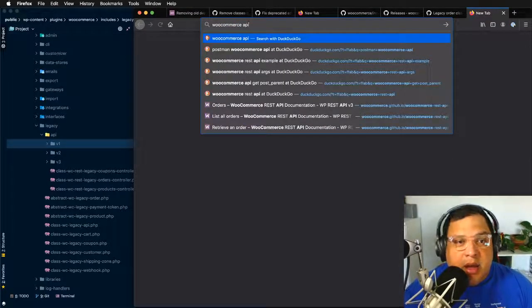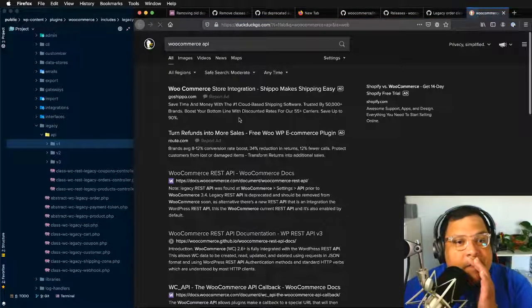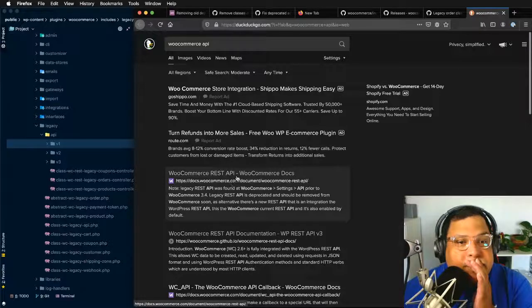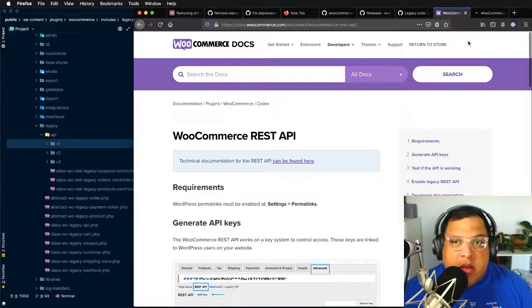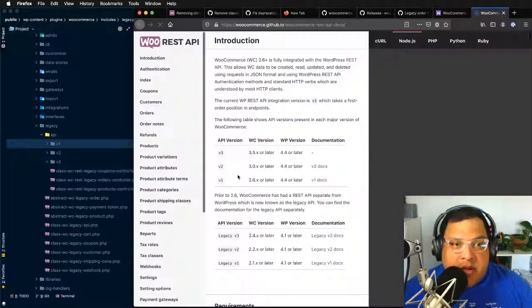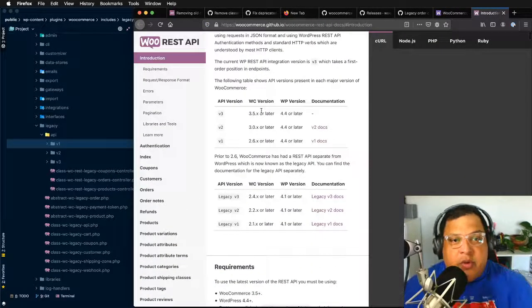So WooCommerce API. The versions of the REST API are a little confusing. So there was a version 1 which came out with 2.6, and then there's a version 2 which came out with 3.0. And then before then, there was there